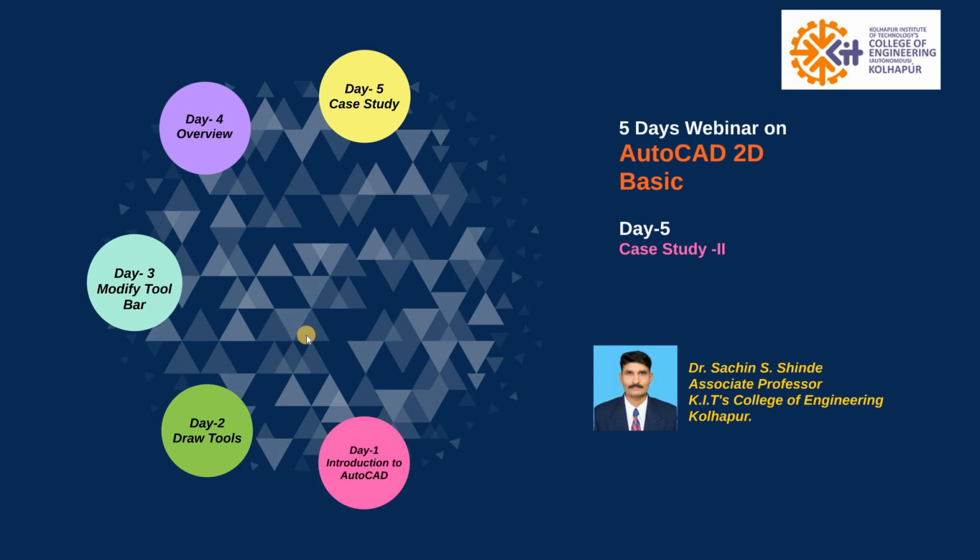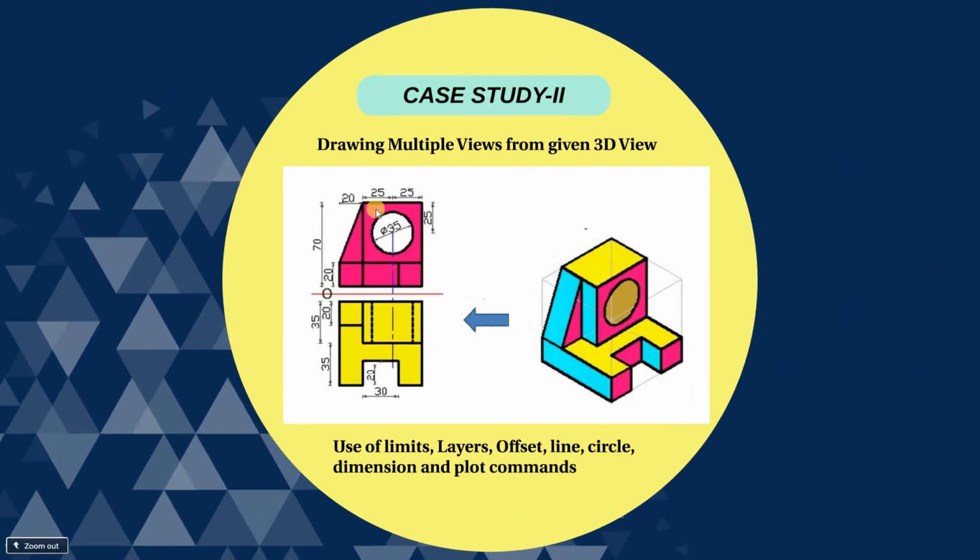In today's session, we will discuss the case study on how to draw multiple views from a given 3D object. So let us start with today's session. Here I have given one 3D object, and from this 3D object we have to draw multiple views in AutoCAD 2015 with the help of the given tools like limits, layers, offset, line, circle, dimensions and plot commands. So let us start with,